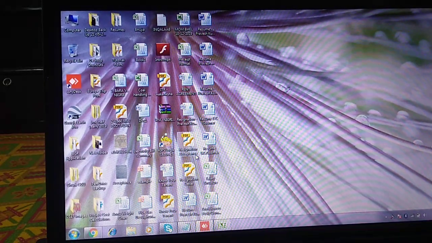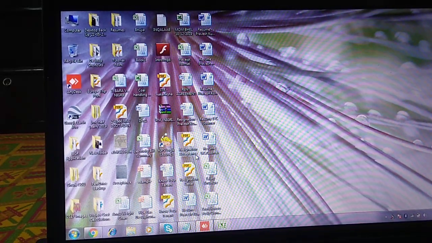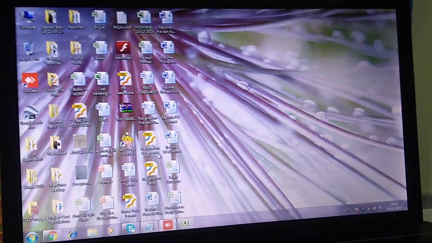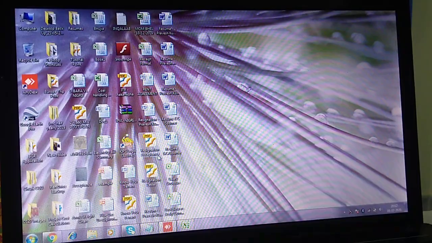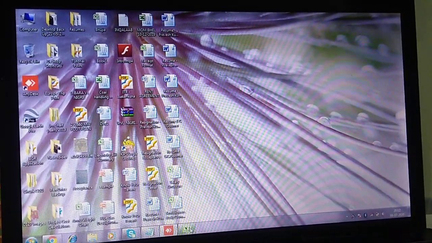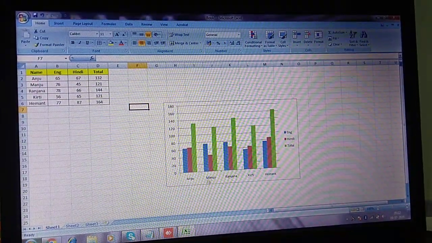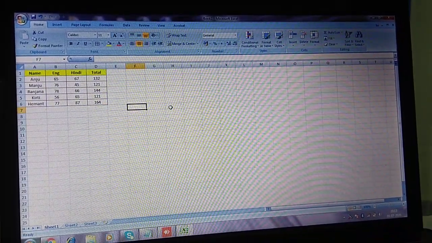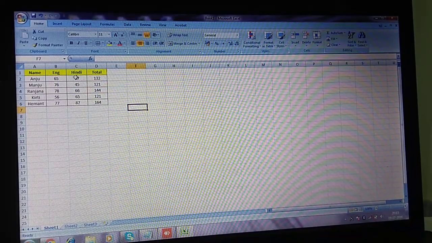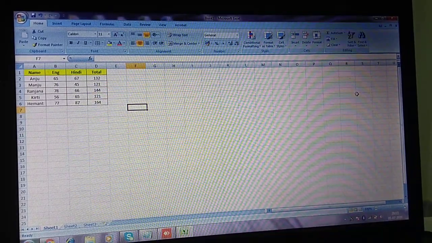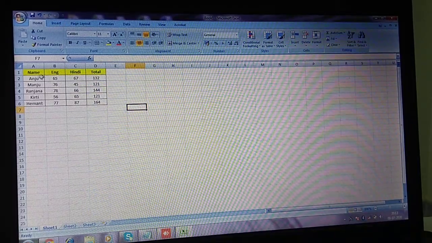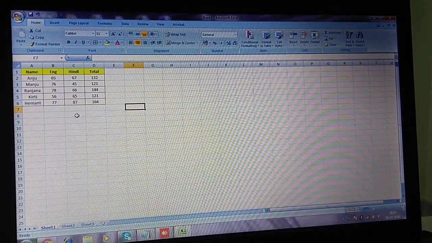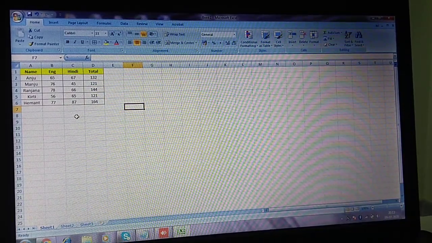Now today we will learn practically how we can insert the chart. And there are different types of chart. Some homework I have also done already. I have made a table in Excel. This is your Excel screen. Yes, this you all know. I have created a table. This table is the same as given on page number 32, figure 3.2 in your book.